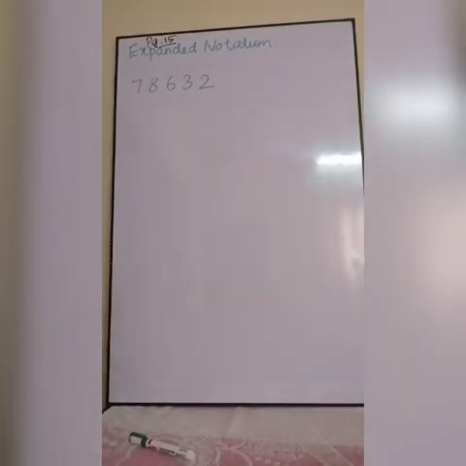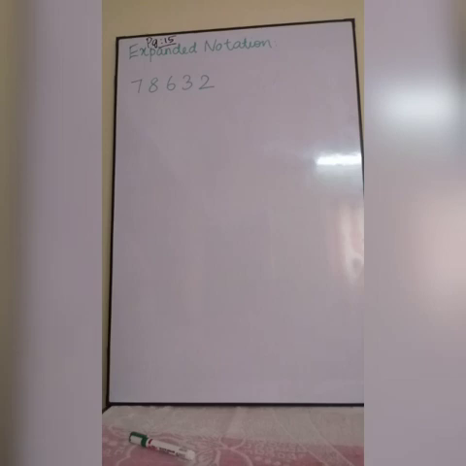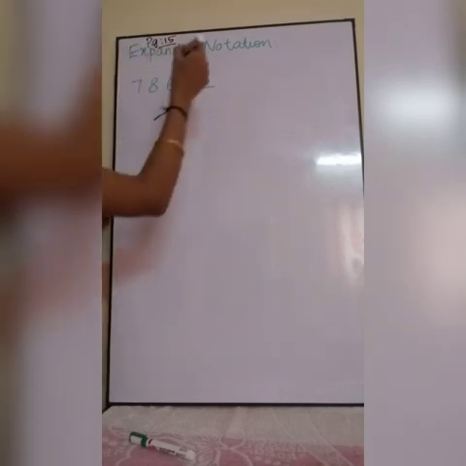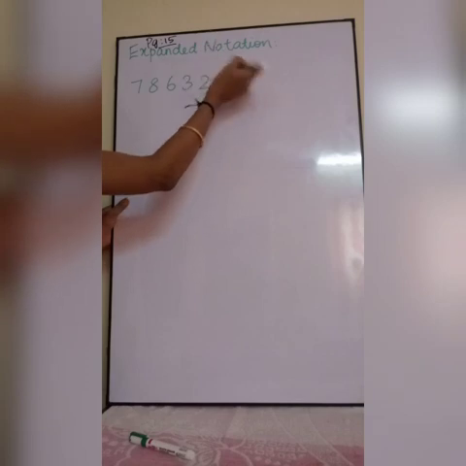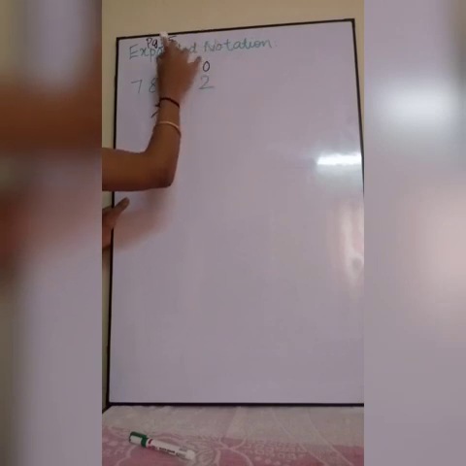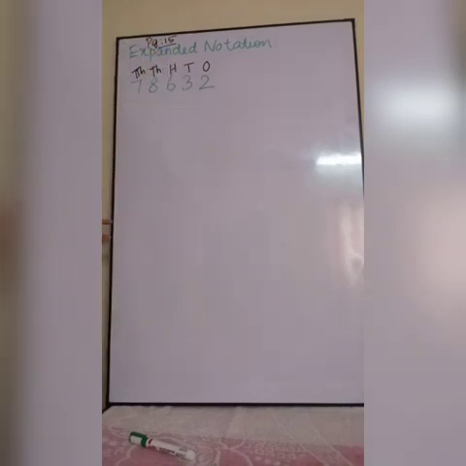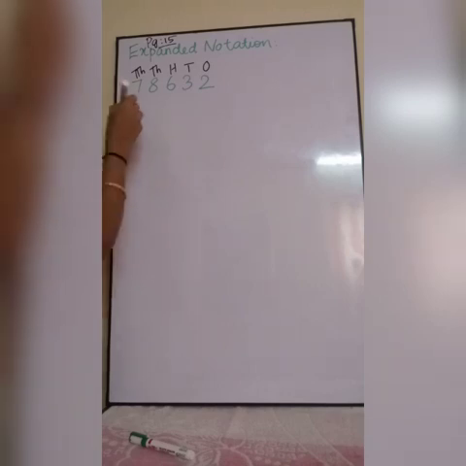Okay. So first, there are three ways to expand a number. That three ways I will explain to you. You can choose which way you want. So first, before expansion, you have to write the place value of all these numbers: ones, tens, hundreds, thousands, 10,000s. So before expanding, what you should do? You should write the place value of these numbers. So how can you expand this?